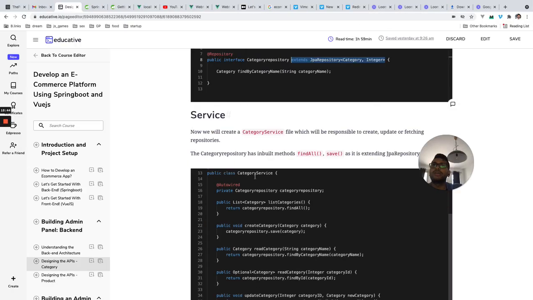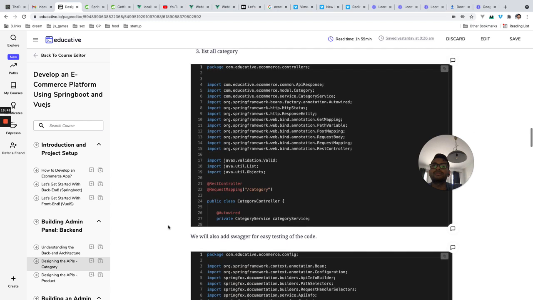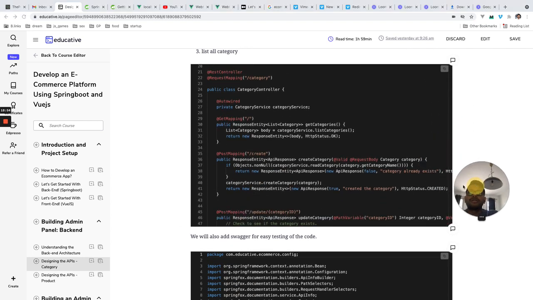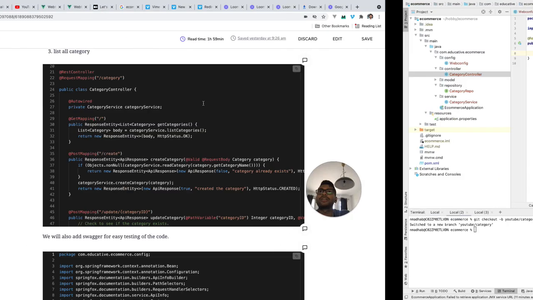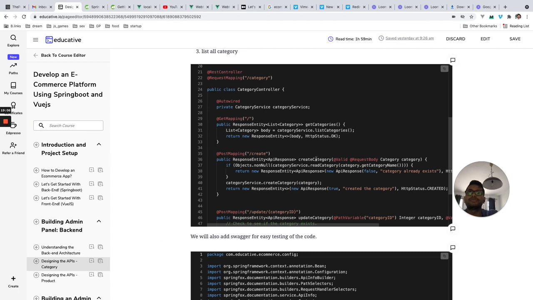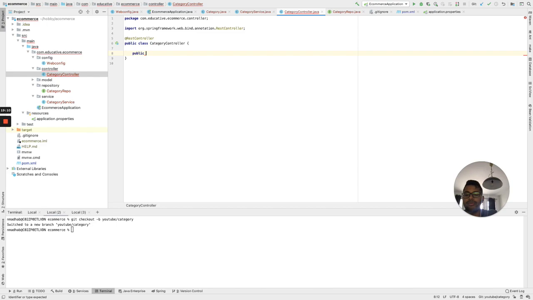Now we'll create a controller method, public String. Let's just start with create category,